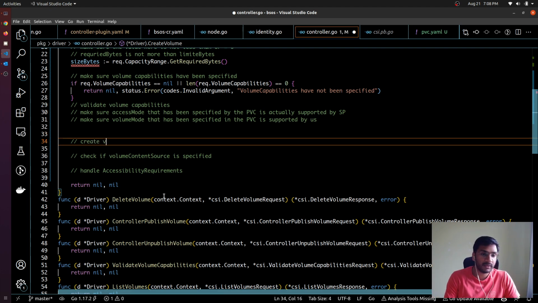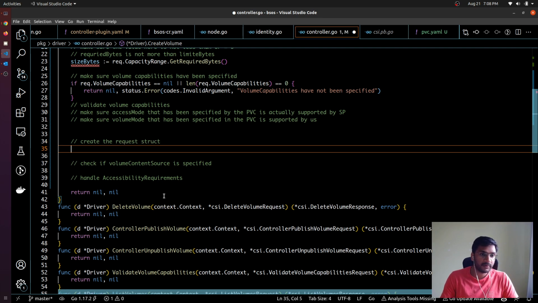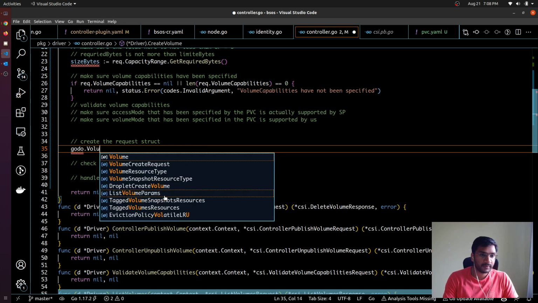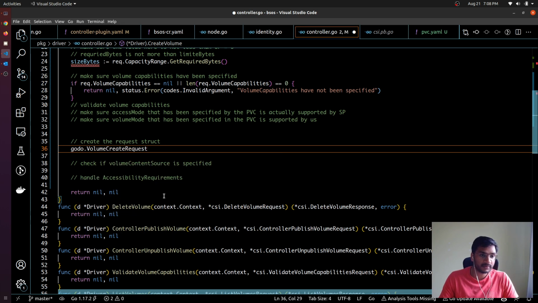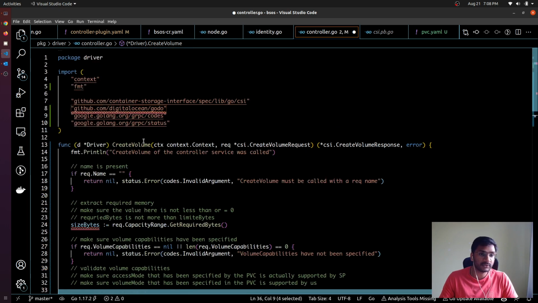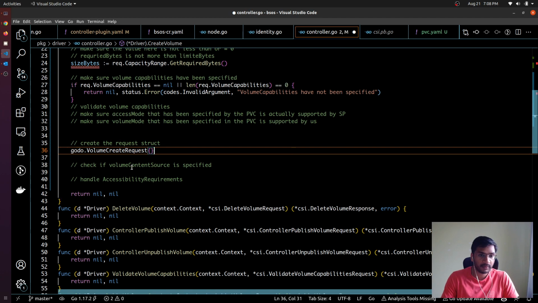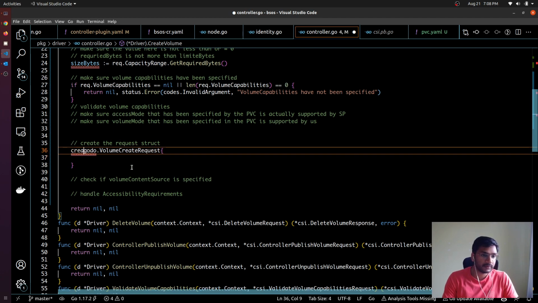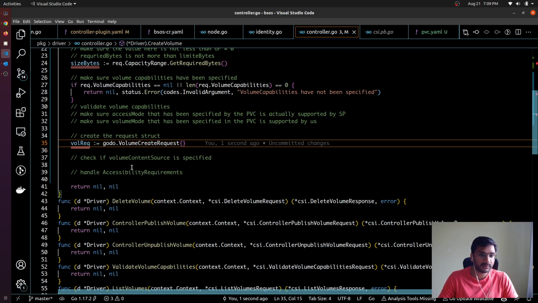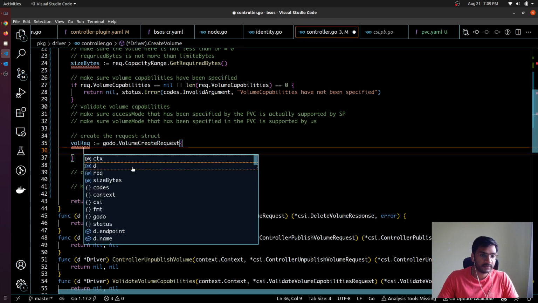So create the request struct, and we are going to do this. So godo dot volume create request, and this godo is obviously a DigitalOcean Golang API, and this is going to be called volume request, and this is going to have